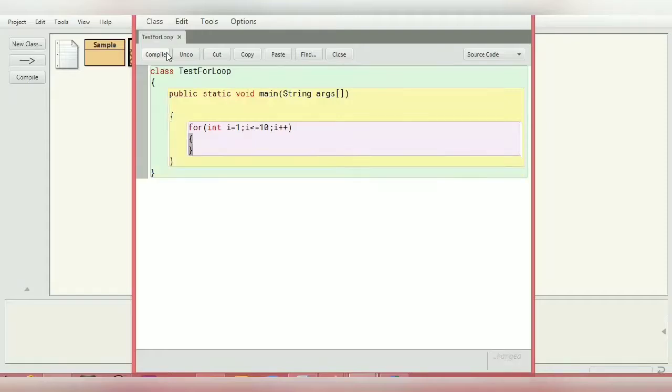So what work are we going to do inside it? We are going to print our name. System.out.println. So let me write a name.